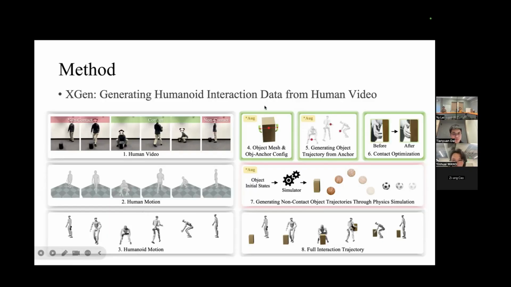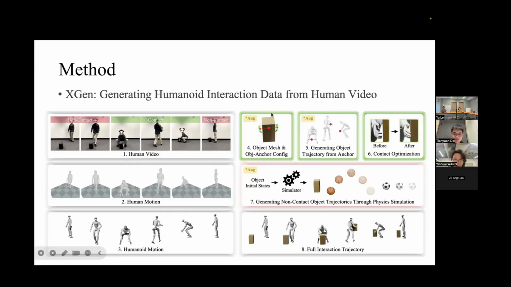The very important step is how to get the object mesh and the object anchor configuration, which means the relative relationship between the object and anchor. We can see this relationship is unchanged between the human object and the humanoid object.